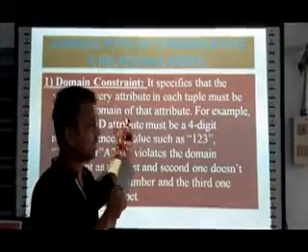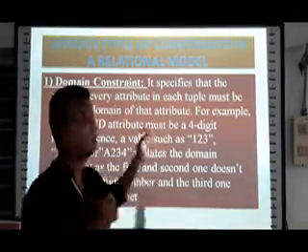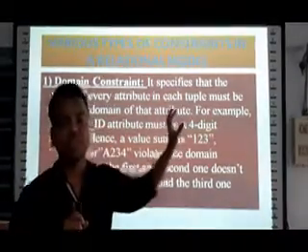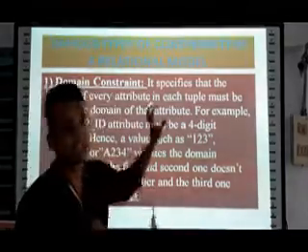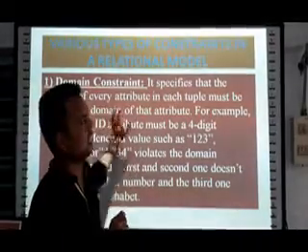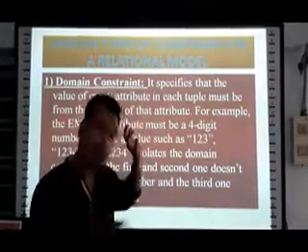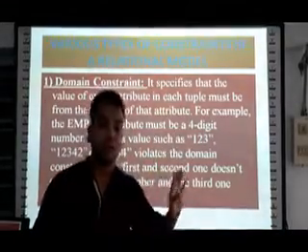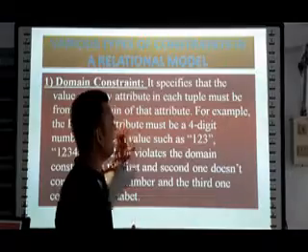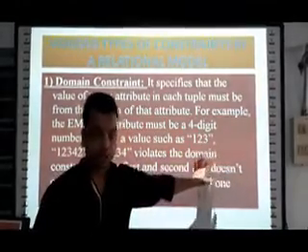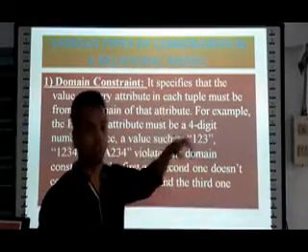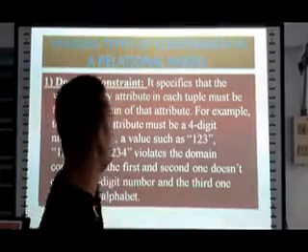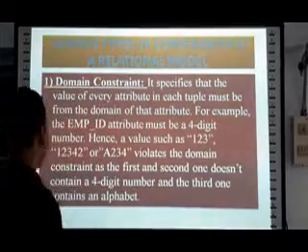Say we need to insert only numbers, a 3-digit number, then we will place the restriction, that is the data type. We have kept the restriction in the data type as only a 4-digit number or 3-digit number, then we should insert a 4 or 3-digit number only, or else it will violate our constraint and it will show an error whenever we are inserting our data in the database. So this is the concept of domain constraint.